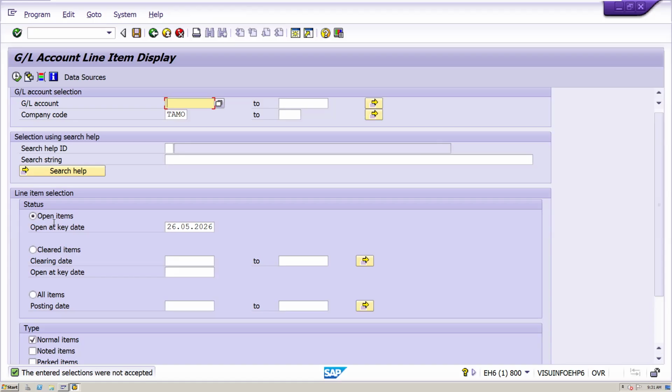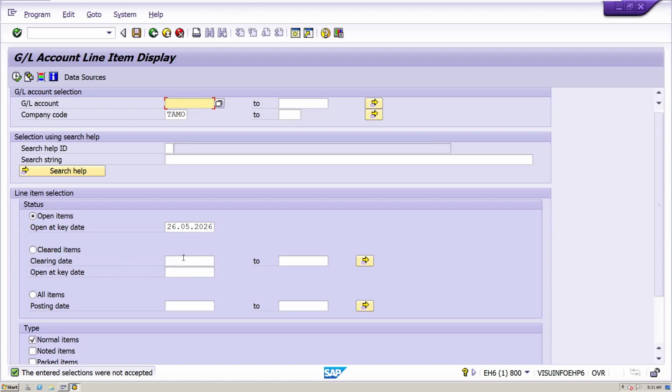If you want to generate these kinds of GL, then we have to select the open items and cleared items. For example, just now I paid some transaction to the vendor or customer, and from the GL point of view, whichever transaction was paid, if I want to see it, I have to select cleared items. All items includes open items, paid items, everything. So based on the field selection and checkbox requirement, we have to update.